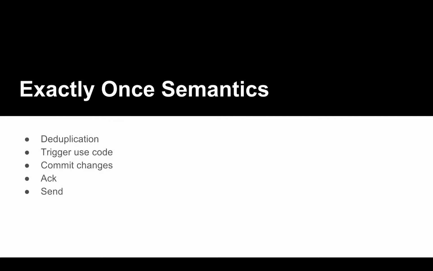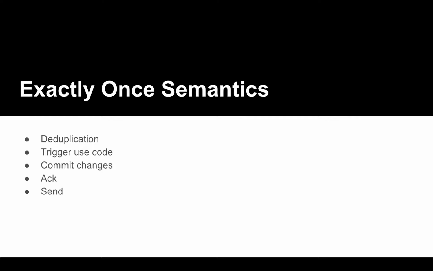When it receives a record, the key value timestamp that we discussed earlier, it removes duplication. It deduplicates it. The way it does that is it has a Bloom filter which keeps track of messages it is currently processing. If it sees another record come in that it's seen already, it will not process it. For new records, it'll move on to the next step, which is to trigger the user application code,